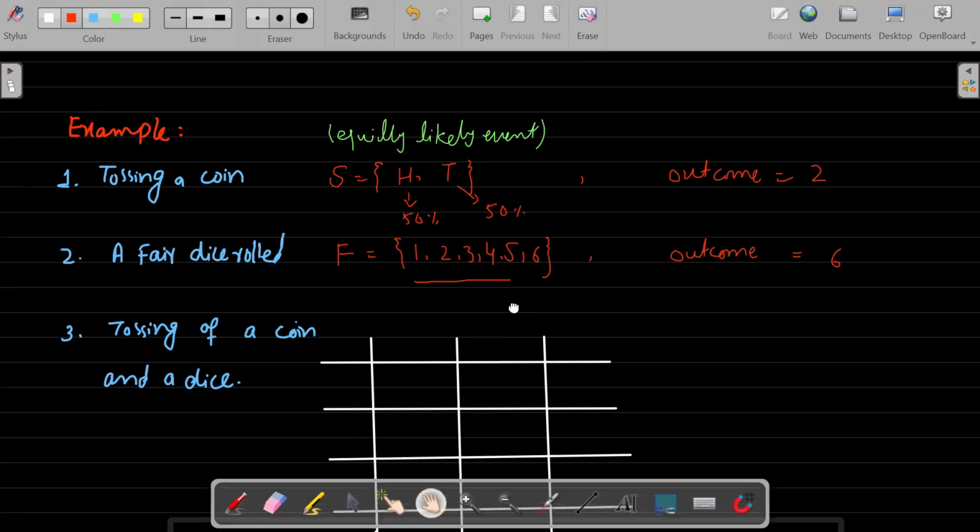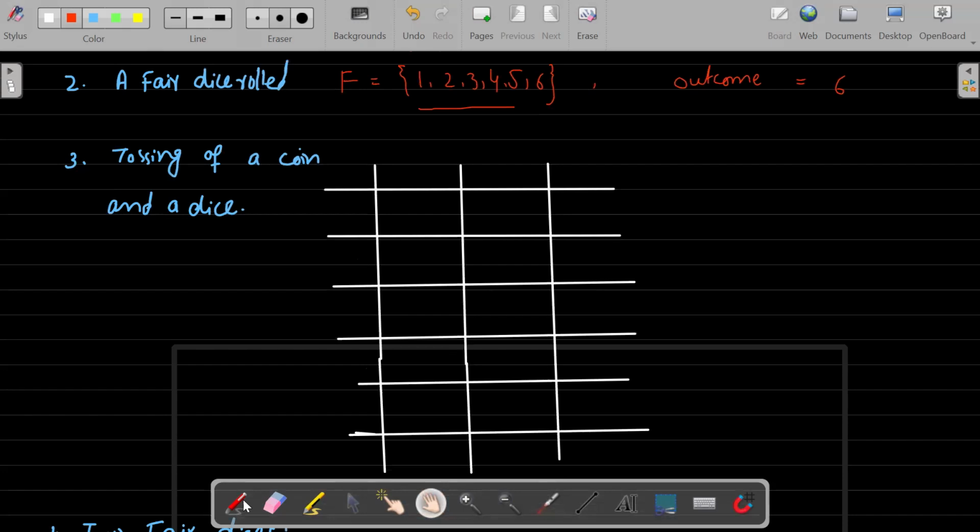Now let's talk about the tossing of a coin and a dice. In this case, I'm going to choose two different events. First, I'm choosing a coin and a dice. Suppose my coin has head and tail, and the dice has 1, 2, 3, 4, 5, and 6 sides. Whenever they both roll together, our sample space will be 1H or 1T. In the same way, 2H, 2T, 3H, 3T,